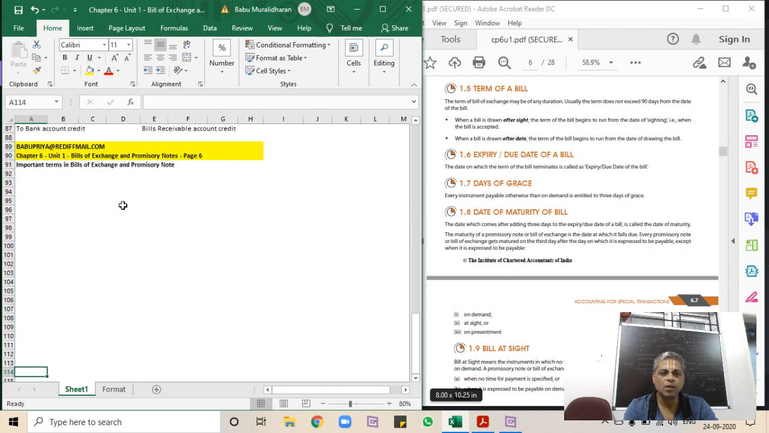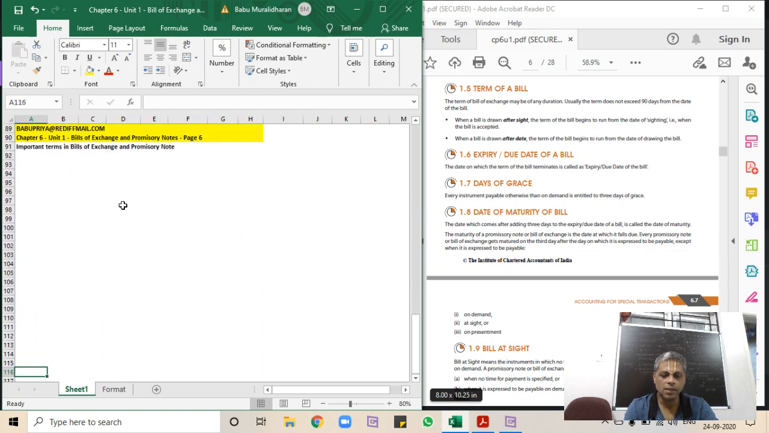Now let's understand what are the important terms that we have to use in the bill of exchange and promissory note, because these terms will be of significance in questions, due to the calculation of due dates or the calculation of maturity date or expiry date. That can be calculated only when we understand the important terms of the bills, right? What is the term of a bill? Term of a bill is normally 90 days